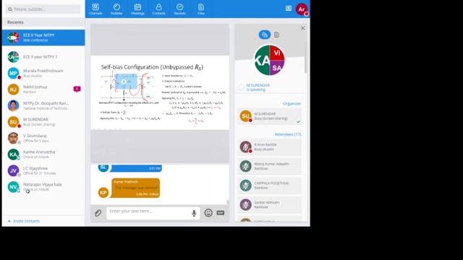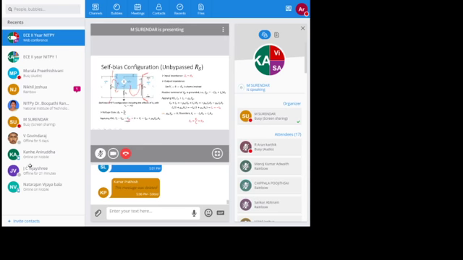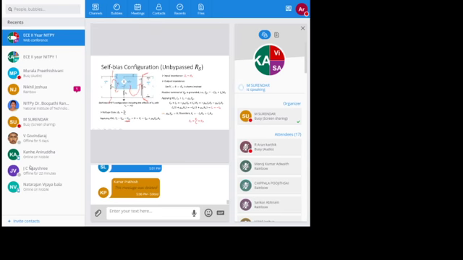That means the voltage drop across RS. The current flowing through this RS is GM into VGS. So I am replacing VRS with GM into VGS into RS. So finally we get VI is equal to VGS plus GM into VGS into RS, and